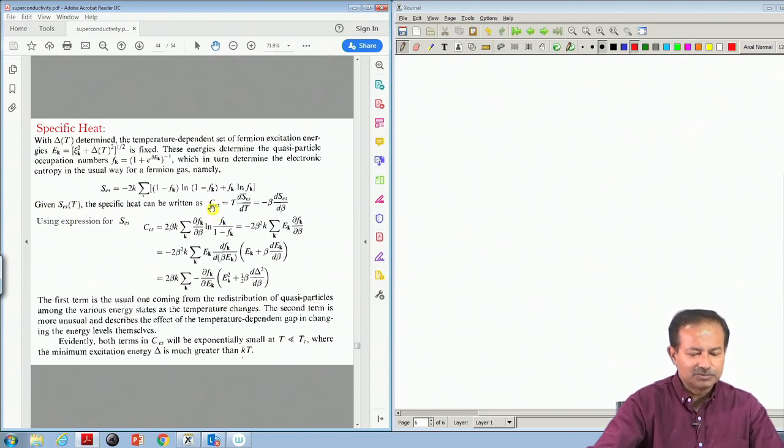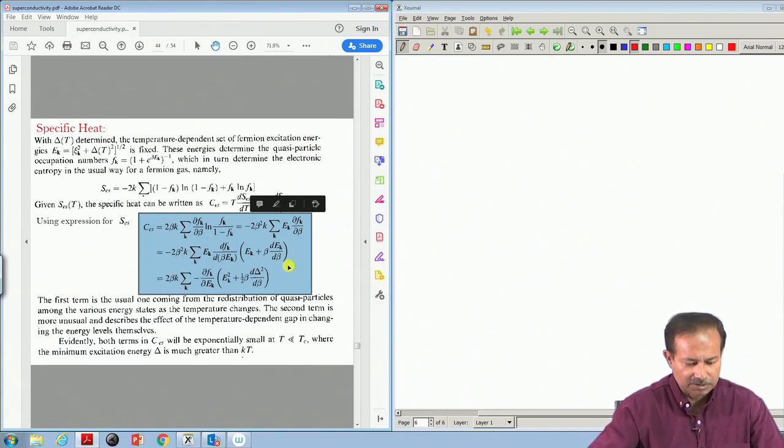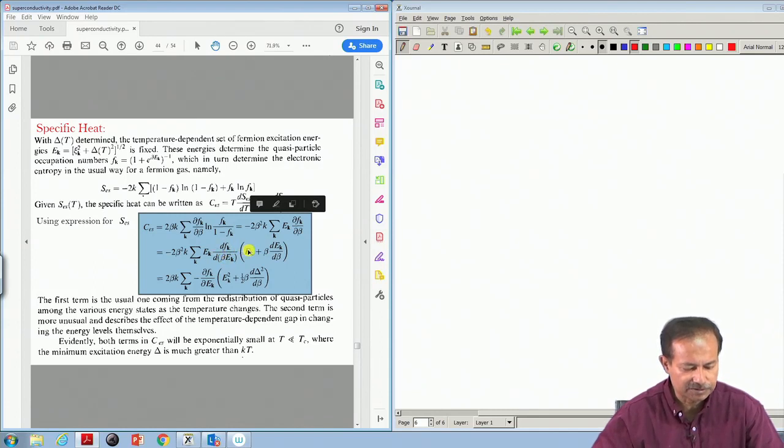So, then what you do is that you calculate T dS dT. Okay. Since we prefer to do it in terms of beta, which is 1 by kBT, one calculates this. Basically this algebra can be easily done. You can do it, and this has two pieces, which is important. This has this first piece, and then there is a second piece.